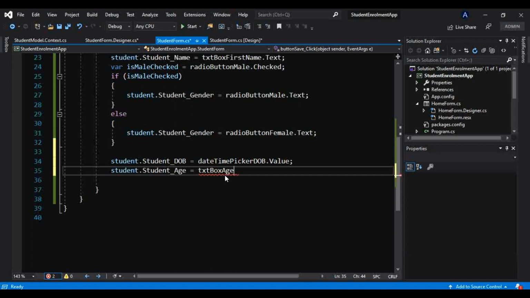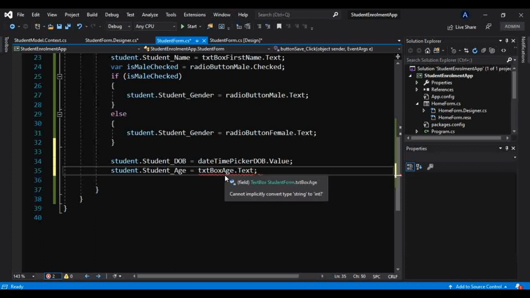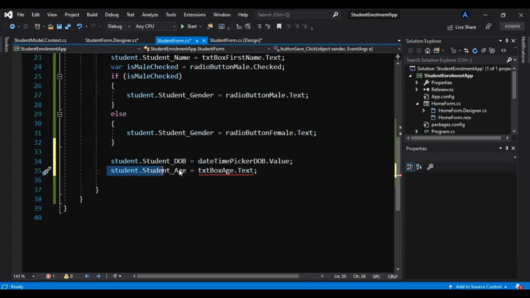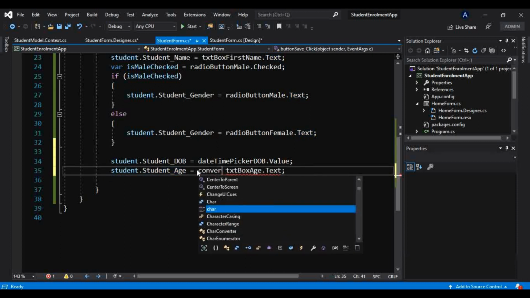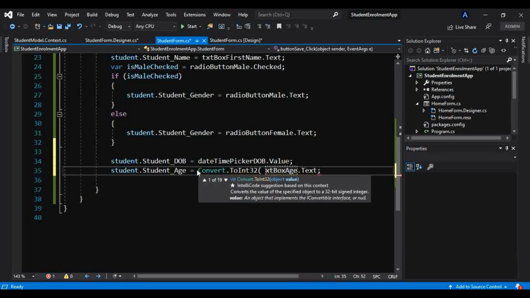In that we want the text. We know this property is defined as integer, so we have to convert that to integer. Convert dot ToInt like this.